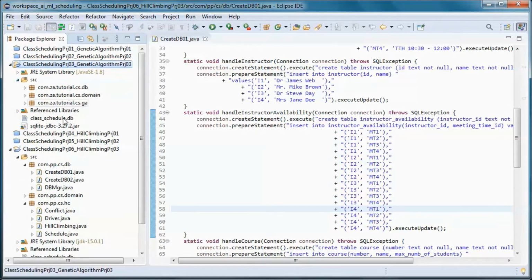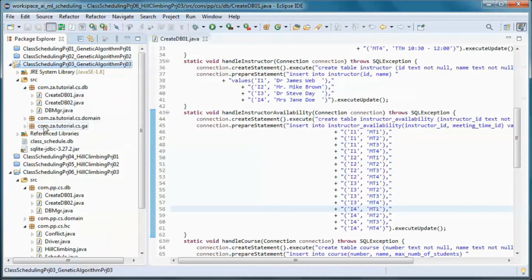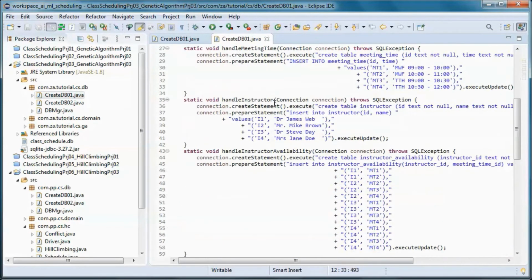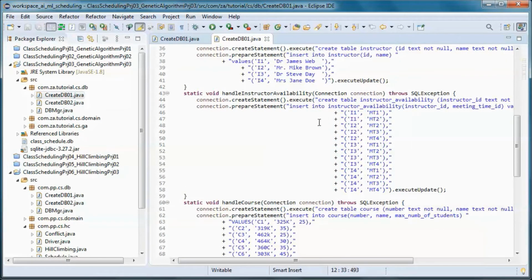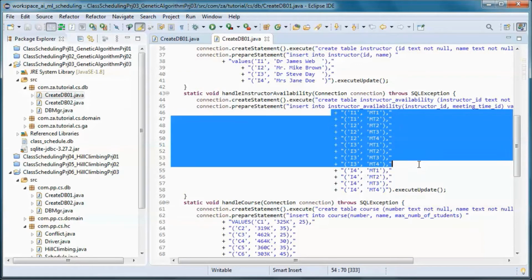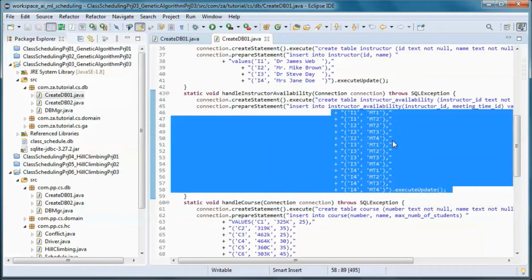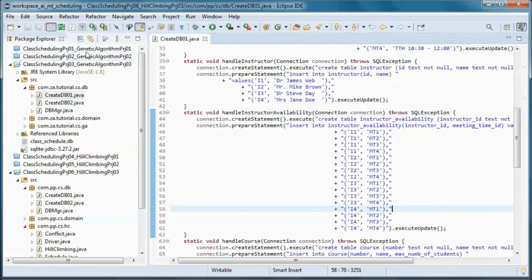Since here we had instructor availability, let's take the same availability from that project.